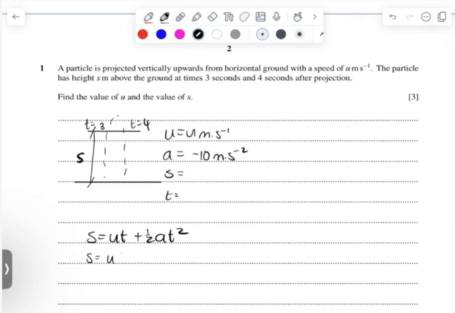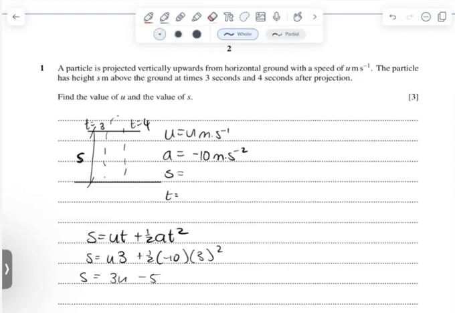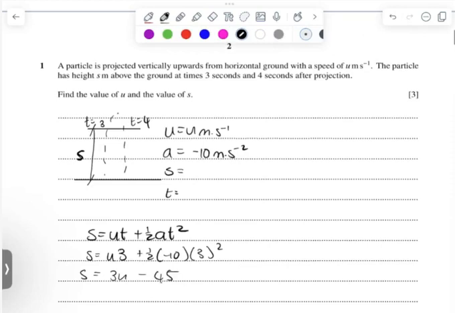Okay, so if I plug in 3 seconds plus a half minus 10 and 3 squared, that's 3u minus 5 times 9 is minus 45. Okay, so I've got a formula for that, and then I've got another one. So this is going to be 4u, that's 4 squared. I'm going to tell you why this works just in a minute. So 4 squared,